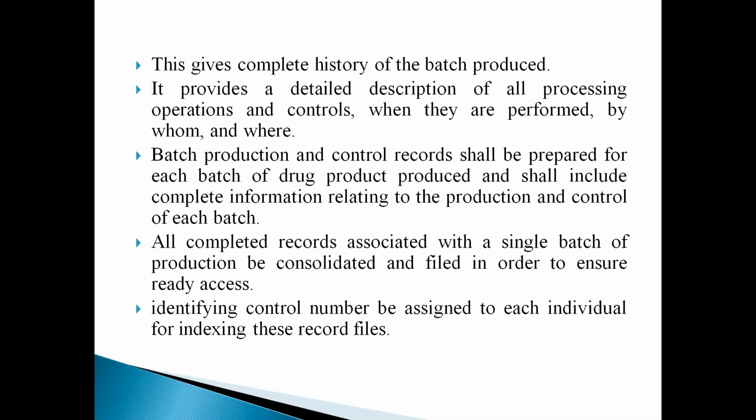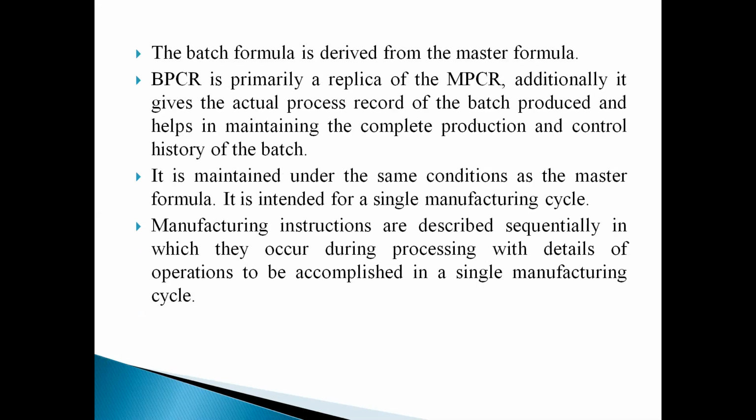Then an identifying control number can be assigned to each individual record for indexing these record files. Then the batch formula is derived from the master formula. We all know that. So when it is given like that, the batch formula is derived from the master formula, then batch production and control records are primarily a replication of the master production and control record,